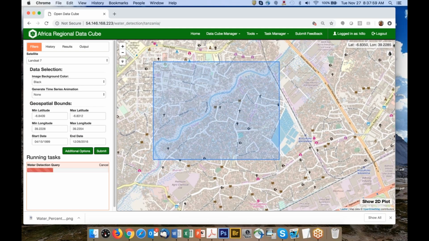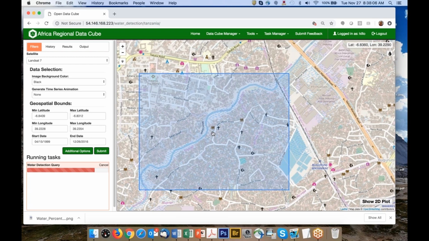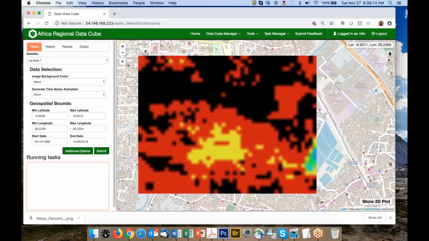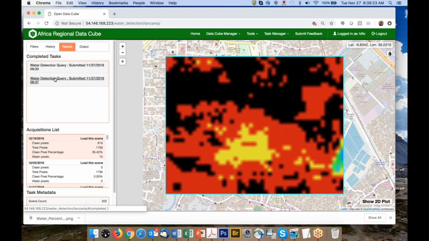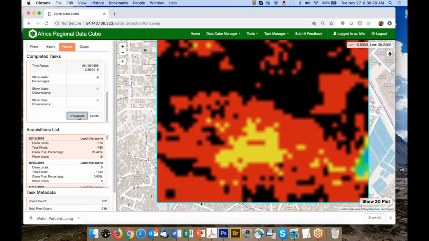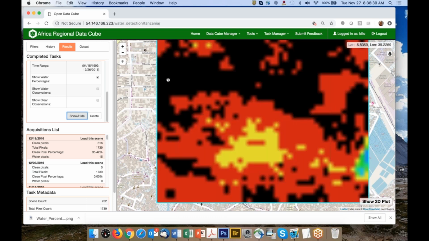So again, see the river runs through the middle of this. And you can see the roads and towns, and there's a map in the background. But let's see, quite interesting, right? There's a water plant over here I can see. So look at this area in yellow. If I go to the results tab, and I do a show hide, and I zoom in on this area right here in yellow, and this is a portion of the river. So this area right here must get a good bit of water because it's yellow. And so I can click on this and,